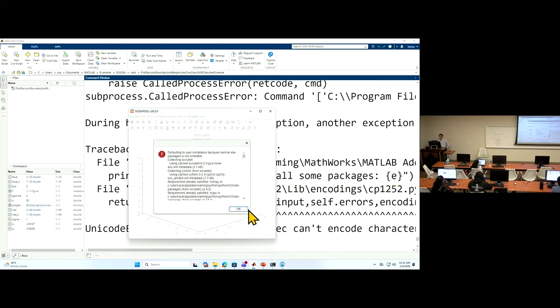Yep, some issues. So there are some issues with the installation, and for unknown reasons,